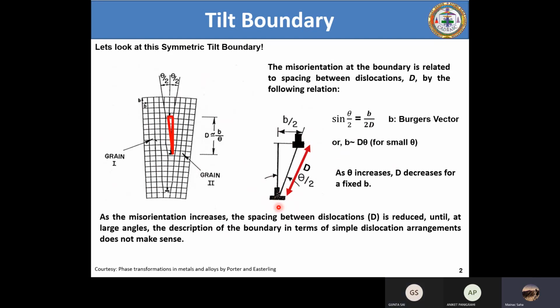This will have strain, this will have a certain repulsion. Here there will be some repulsion. Here there will also be some repulsion, and this model will fail. It's not possible to work in this way. So definitely, this model is valid only till theta is equal to 15 degrees, not more than that. This model is only applicable for low angle grain boundary.